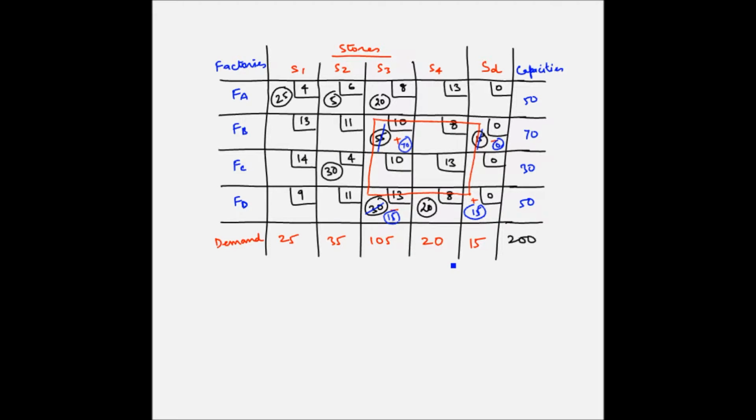Now the next step is to prepare the new transportation table and check for optimality. So this is the changed solution after the first iteration. I have subtracted 15 from FBSD, so now the allocation is 0 here. Added 15 to FDSD, so allocation is 15. Subtracted 15 from FDS3, so remaining allocation is 15. And added 15 to FBS3, so the allocation now is 70. Now let's first find out the total cost